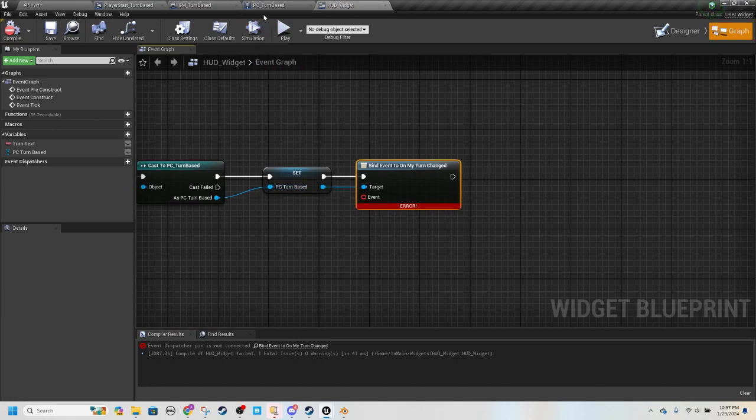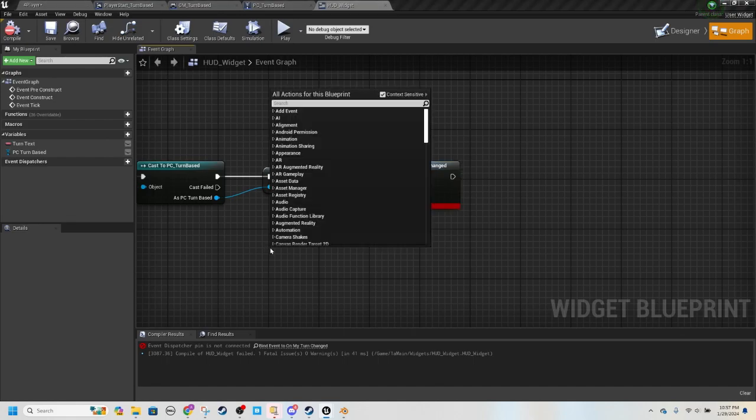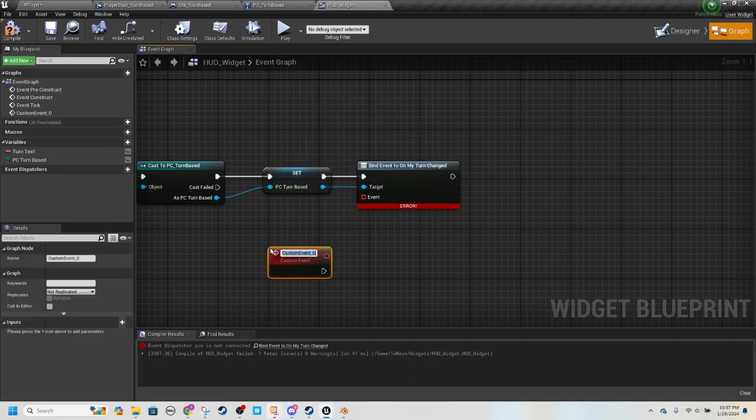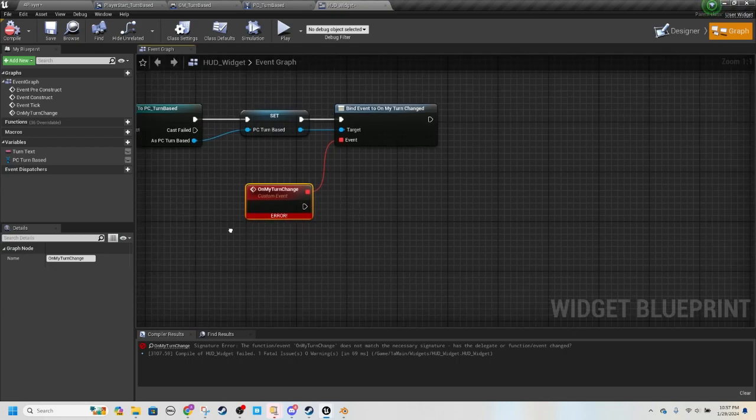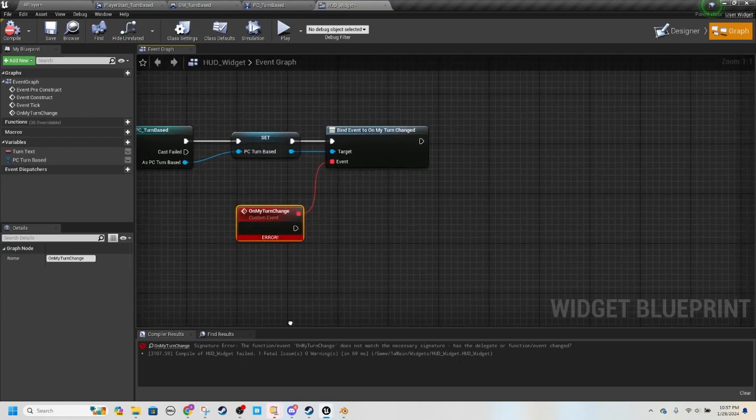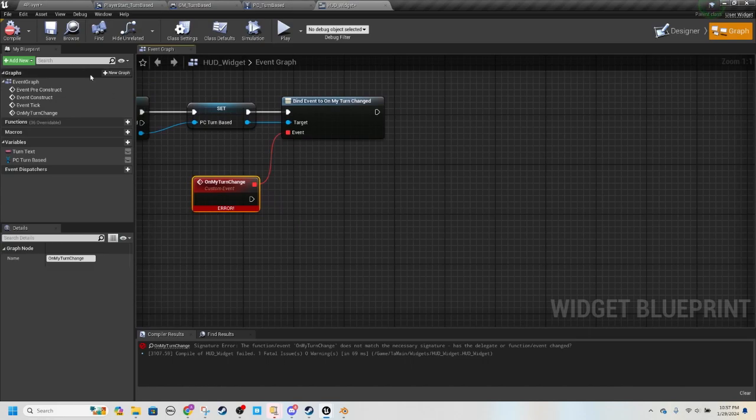So basically what this is doing is anytime this event is run here, it'll automatically run it here in our HUD, which is nice. And we'll create a custom event and call this On My Turn Change. Now with this little red box, drag that up to the bind. And then we actually need to do something with this event. Okay, and so we need the variable,